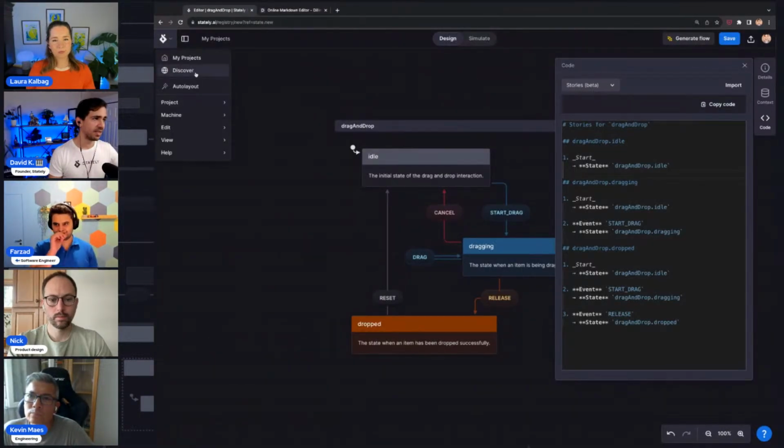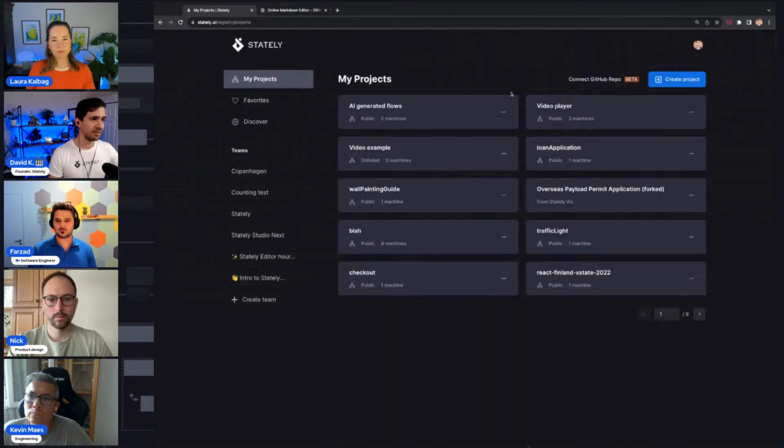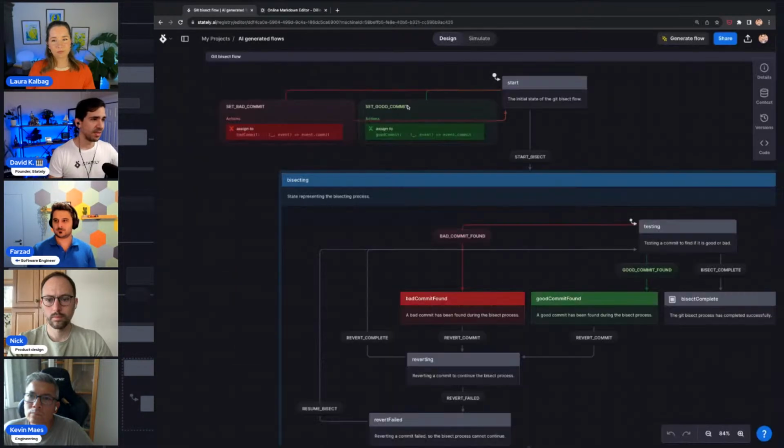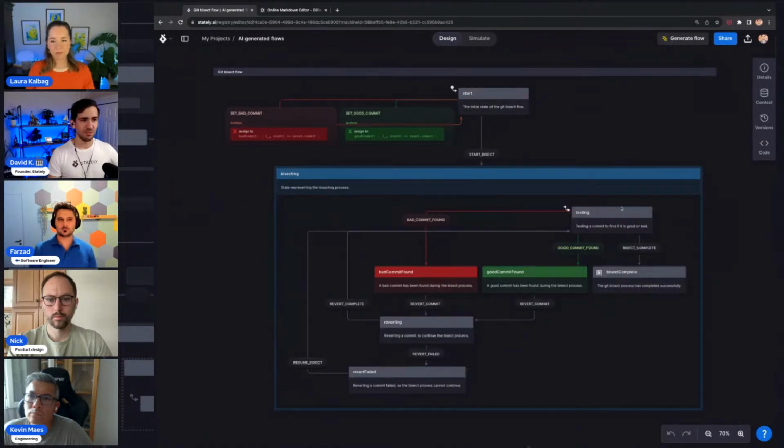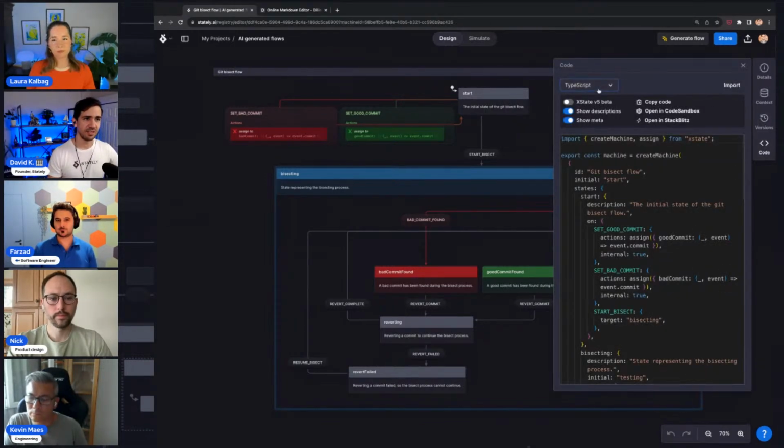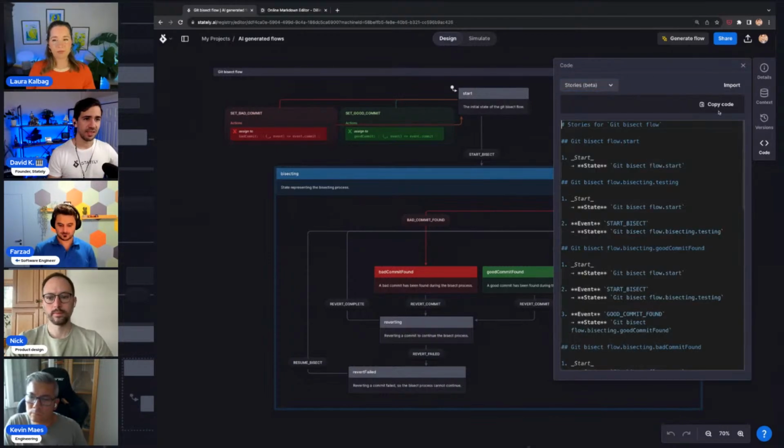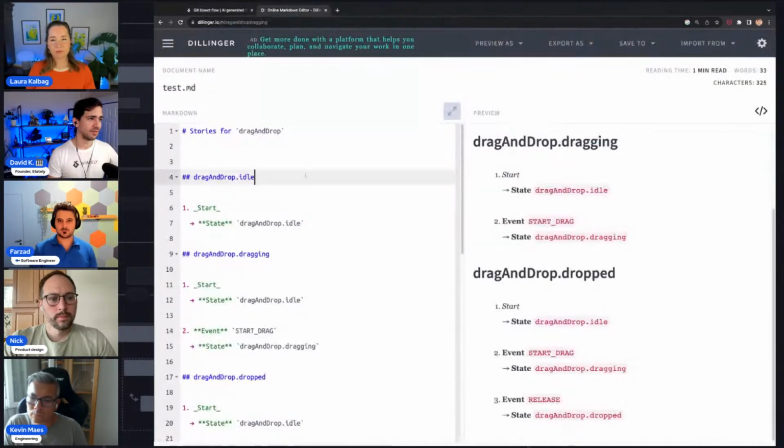I realize that that might not be the best example, so let me just go ahead and find one. I have some AI generated flows here. Ooh, this is a fun one. So I actually was modeling, or AI was modeling, the git bisect flow, just because I thought that was pretty interesting. So if we export that as a story, and I copy that over to Dillinger,